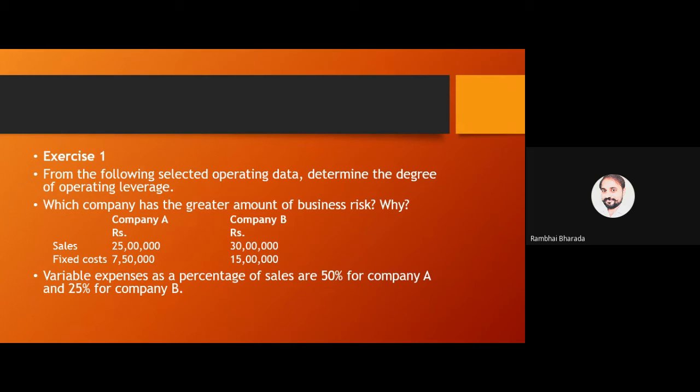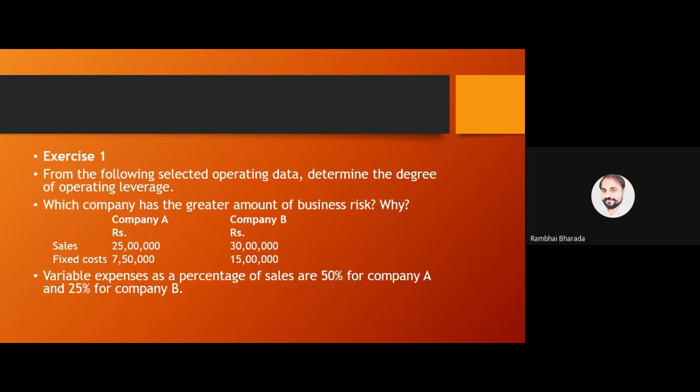Now write down the total sales of company A, 25 lakh, minus fixed cost. How many? 7,50,000, and variable cost 12,50,000. Ultimately, the final answer will be 5 lakh, right? Okay. And here, in case of B, 40 lakh total sales minus fixed cost 15 lakh minus